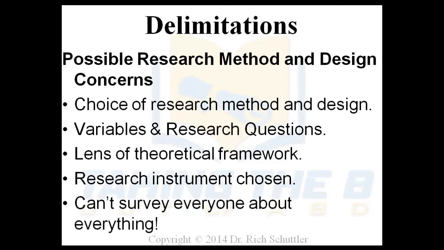We can't survey everybody about everything. That would be too hard. We have to remember that doctoral dissertation research is about doing the academic exercise to show that you understand research and how it can be done and what to do with the data once you have it. So as faculty members and dissertation chairs will often tell people early on is to narrow your topic, narrow it down, scope it down, be able to limit and delimit your work as you move through your process.